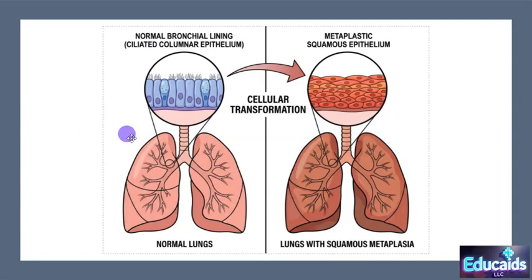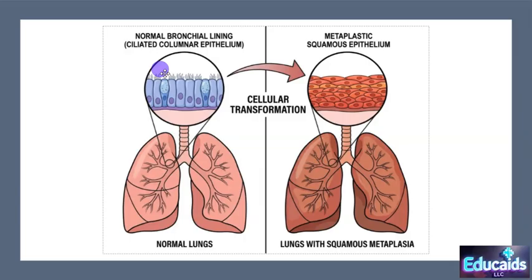Here's another example. People who smoke, or people who breathe in chemicals in their lungs for years and years, and that's a bigger risk. Normally, the lining of your bronchioles is made with something called ciliated columnar epithelium. So these cells right here, we've got the cilia, and that helps get out pollen and garbage and stuff like that. But when you have years and years of smoking and putting smoke over this,